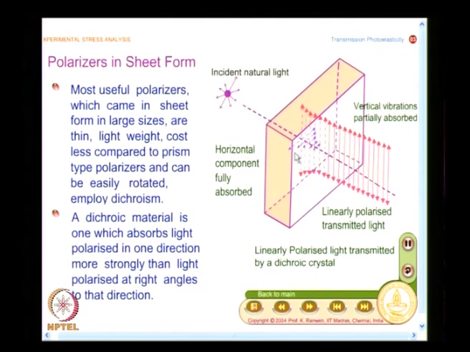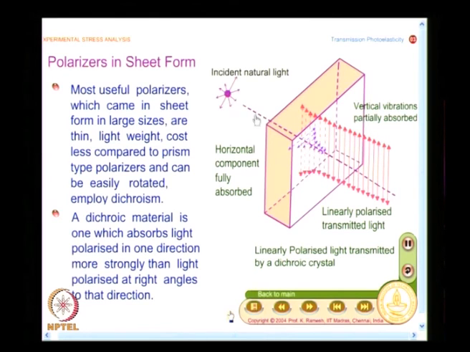In crystal optics, we found for one incident ray you have two refracted beams, and these two refracted beams travel with different velocities in a crystal at appropriate orientation, we have seen. But in a dichroic material, one of these rays is absorbed. So, that helps you, and we have seen that these are light with different planes of polarization, they are mutually perpendicular, they are plane polarized, and that is what is depicted in the figure. It is a complex figure. You see the horizontal component as it travels within the crystal, it gets absorbed. The vertical component goes undiminished.